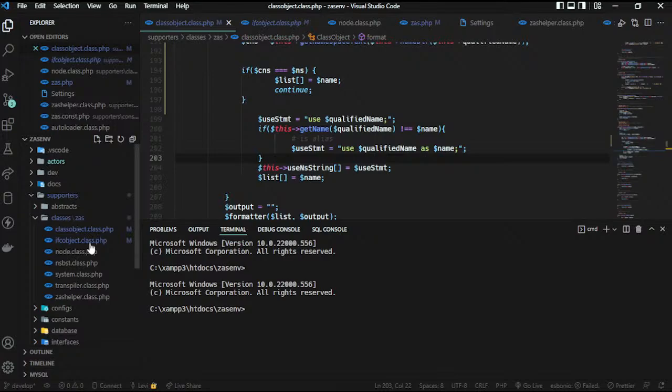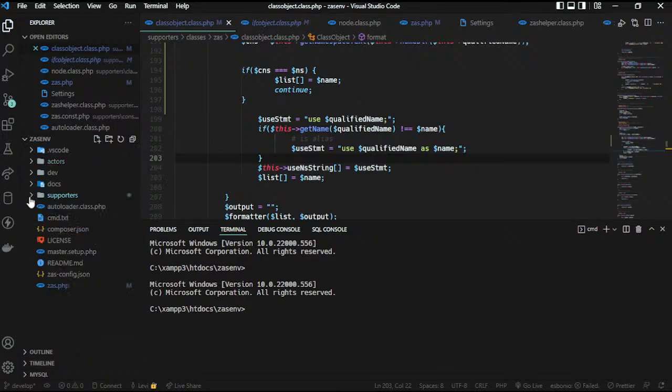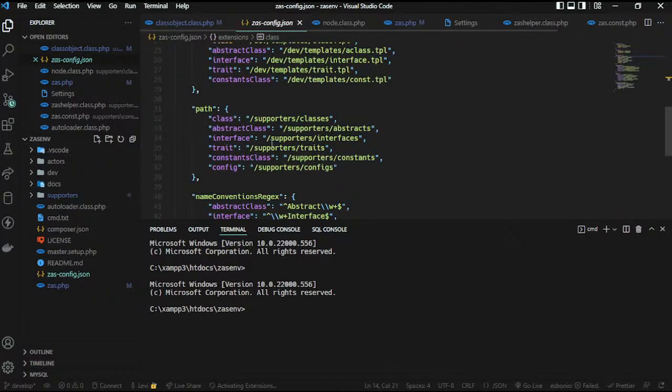Today we are going to finish the make interface command, and what the make interface command does is it makes an interface folder and an interface file. If there is a need to make a folder, it goes ahead and also makes the folder and puts the interface in the folder, following the naming convention that the person specified in the